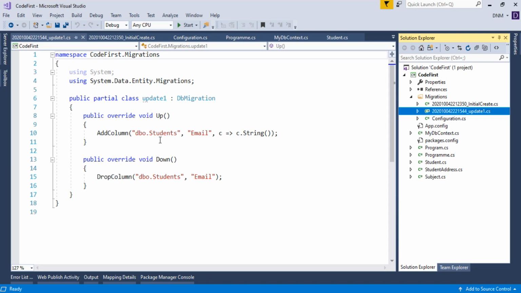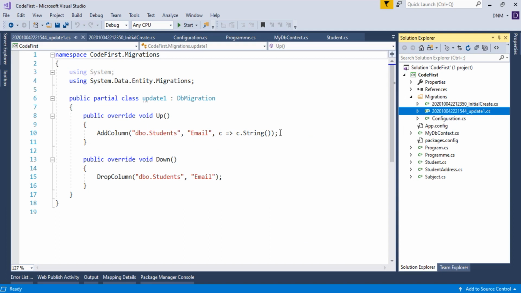As you can see here, we added one extra property, that is email, right? So this new change, whatever change we did, gets added in our new migration.